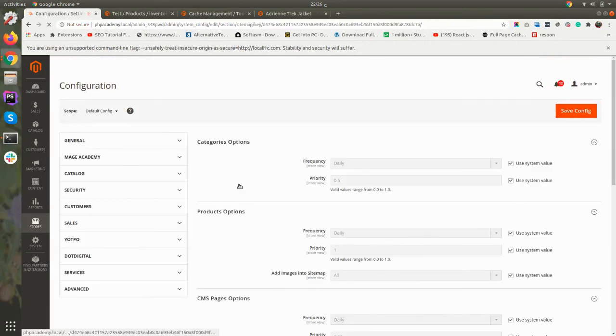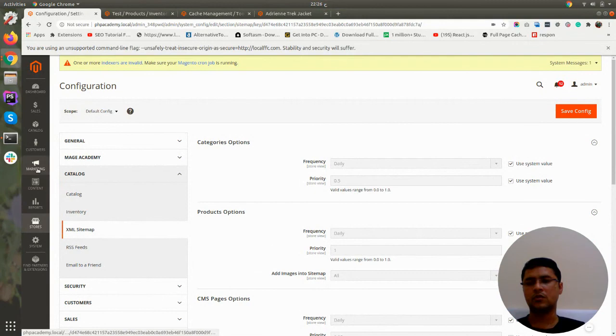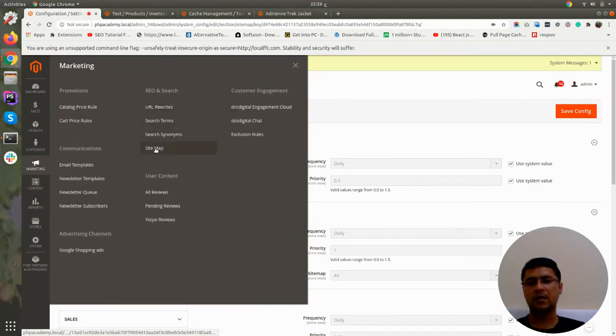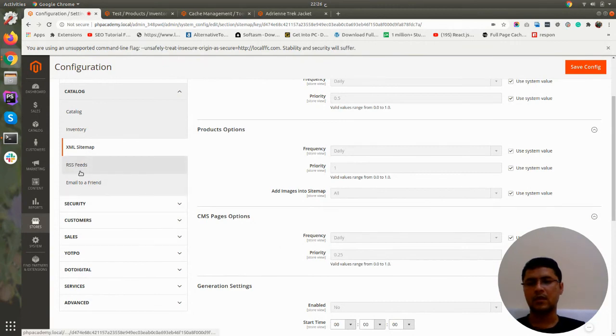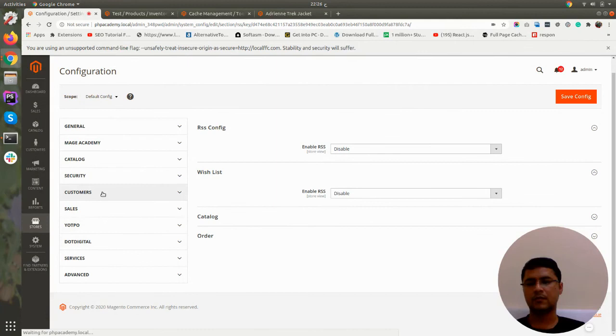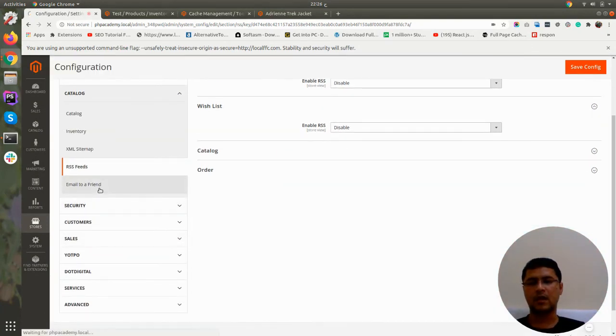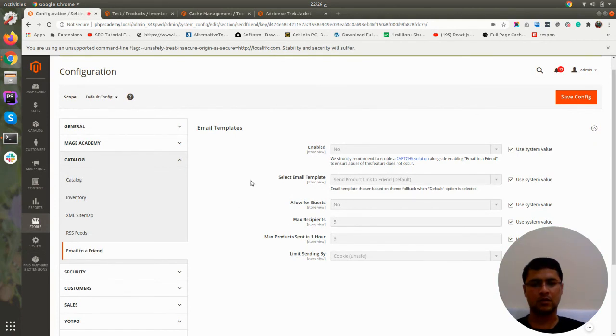Then XML sitemap: you can configure the XML sitemap settings from here, and these settings will be used when you create the XML sitemap. Then RSS feeds, you can use this. And then email to friends, you can use this configuration.